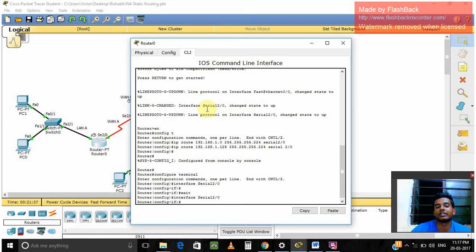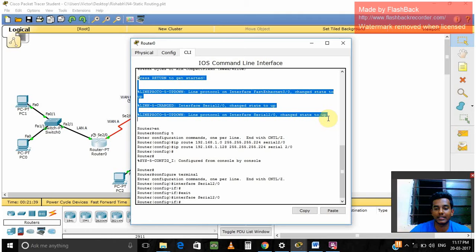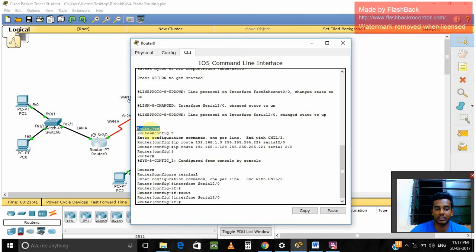If you open it, a message will appear, then press enter, and then the router prompt with a greater than sign will come. Then press EN, that is enable, and then it will enable the router, and then you can configure it. Then type config space T, and it will ask you to enter configuration commands, 1 per line. So IP route, and then you give the network address for the network which is connected to this router, and then give the subnet mask of it. The subnet mask of this is